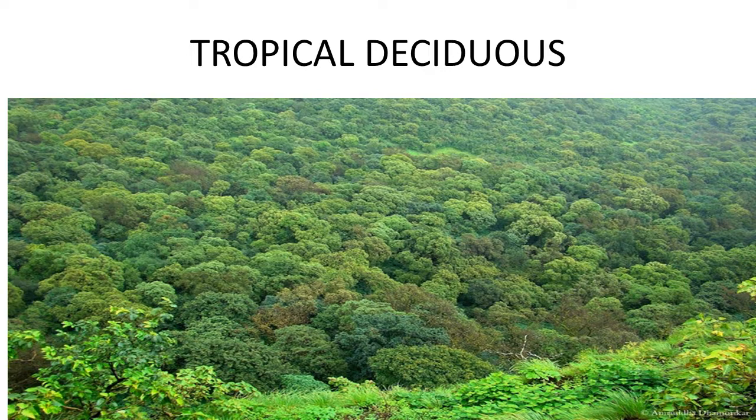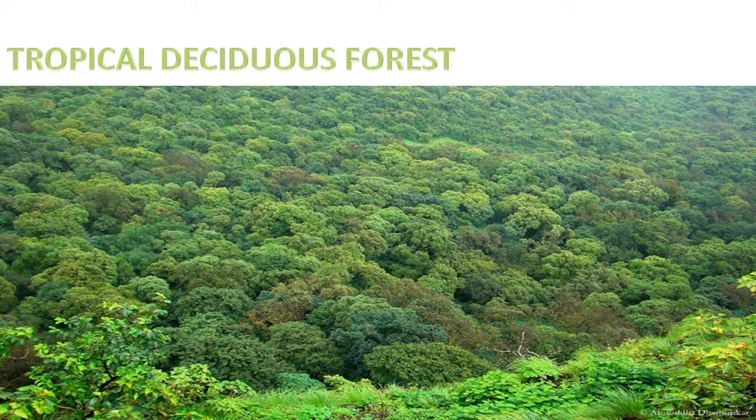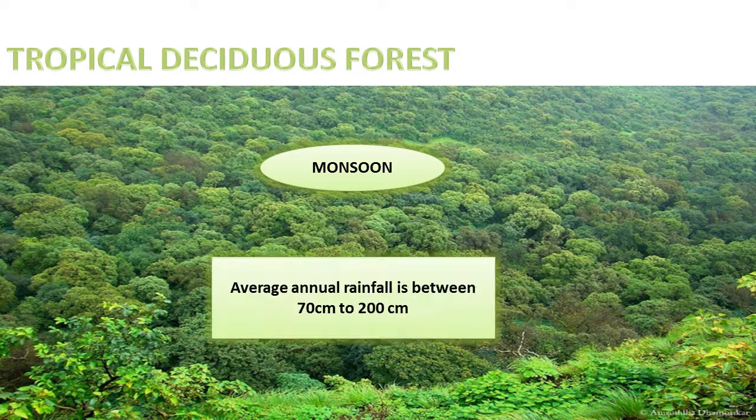These forests are the most typical forest of the monsoon region. Hence, they are also known as monsoon forest and are most widespread in India. The tropical deciduous forest covers a much larger area than the tropical evergreen forest. It grows mainly in those areas where the average annual rainfall is between 70 cm and 200 cm with a